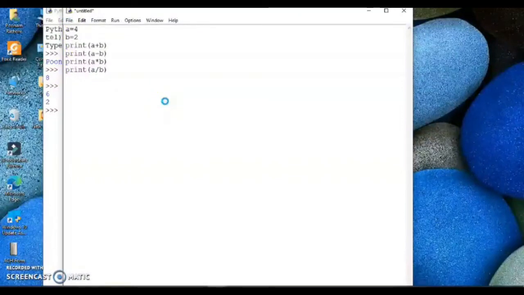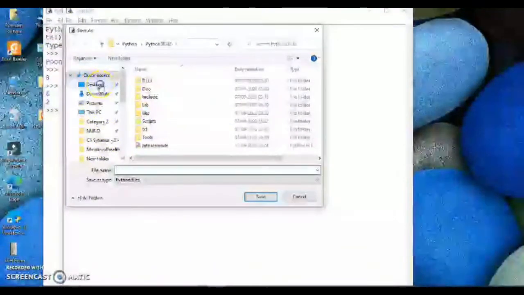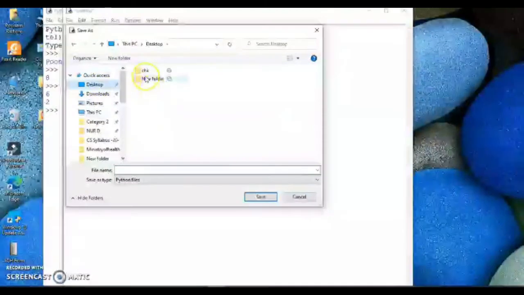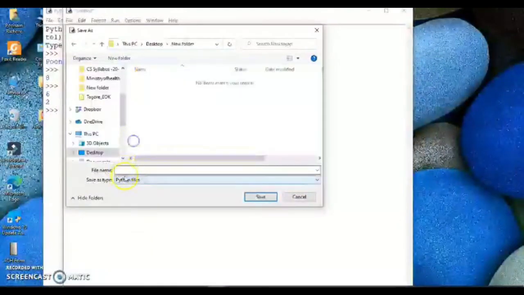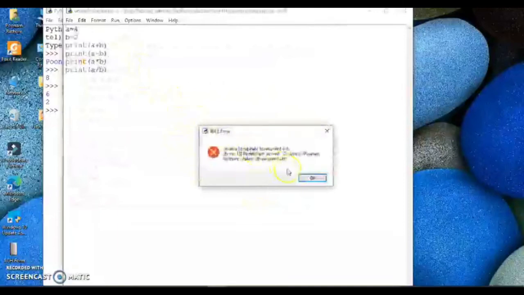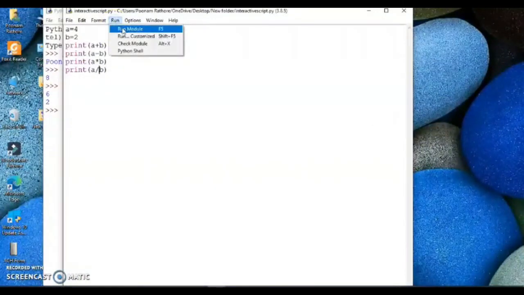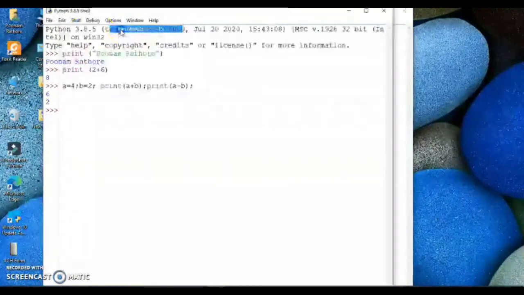For this you have to create a folder for saving your file. You can save all the files over here, and after that you have to run the program using the run option.